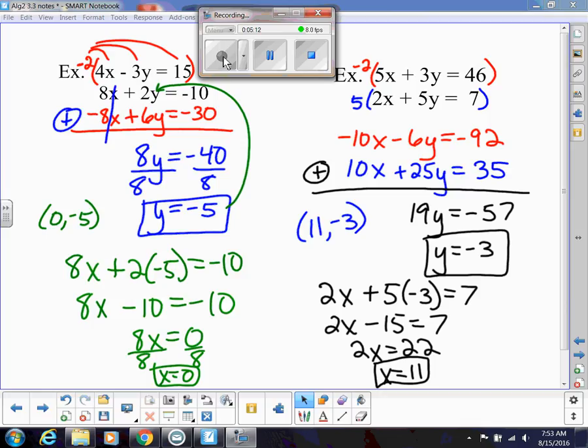Keep in mind, the reason I chose to do it this way is because my top equation was multiplied by a 2 rather than a 5, and that made that 46 easier to do in smaller numbers. Also, once I got here to y equals negative 3, I plugged that back into my original second equation, because that means my numbers were smaller and I didn't have to work with bigger numbers. I suggest you do that, but again, you could have plugged it into either your red or blue equations as well, and you would get the same thing. I only want to show you one more,